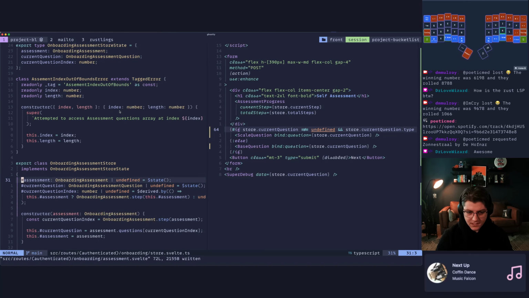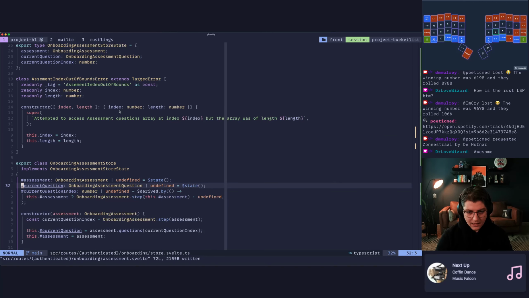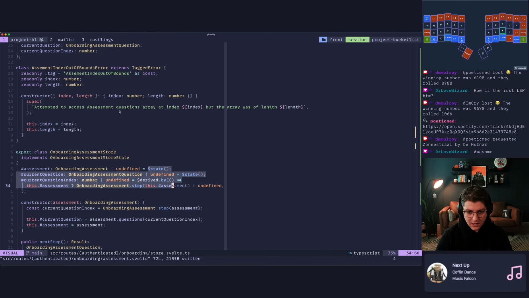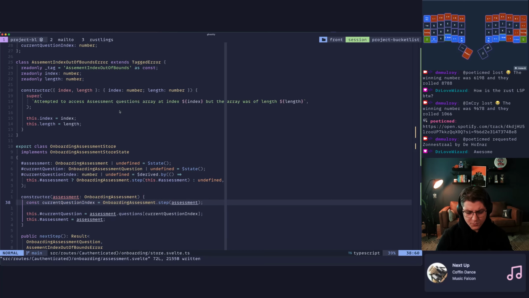The same exact thing as we were doing in that little value store before. But I should back up a little bit. The main problem I'm trying to solve here is that right now in Svelte, you have to define the state runes on the properties in the class like this, rather than in the constructor. For a couple of good reasons that I didn't really think about until I saw Rich Harris talk about it.